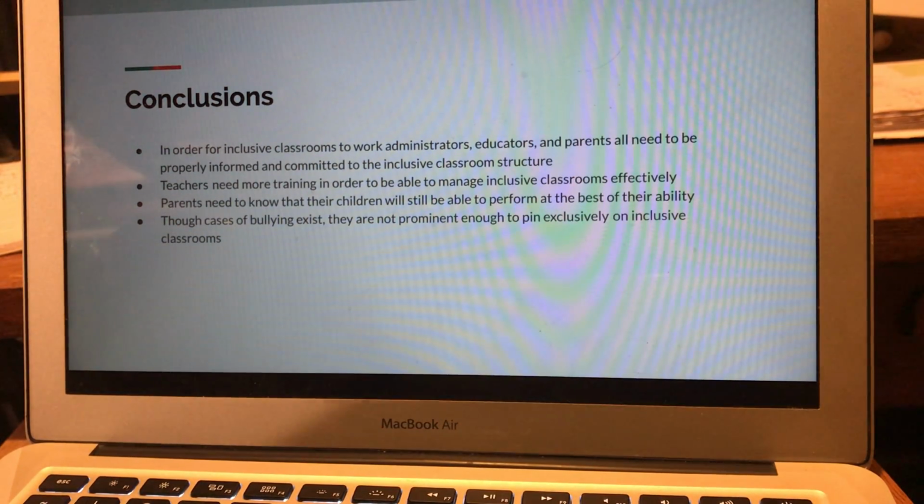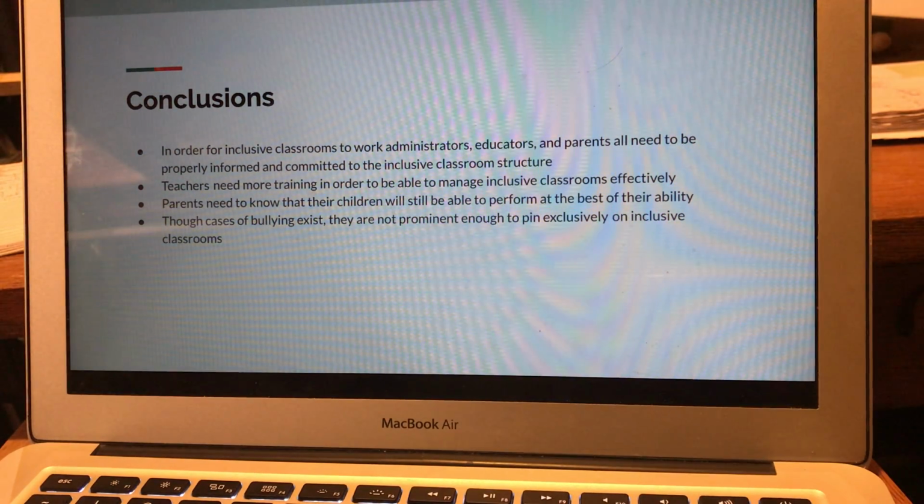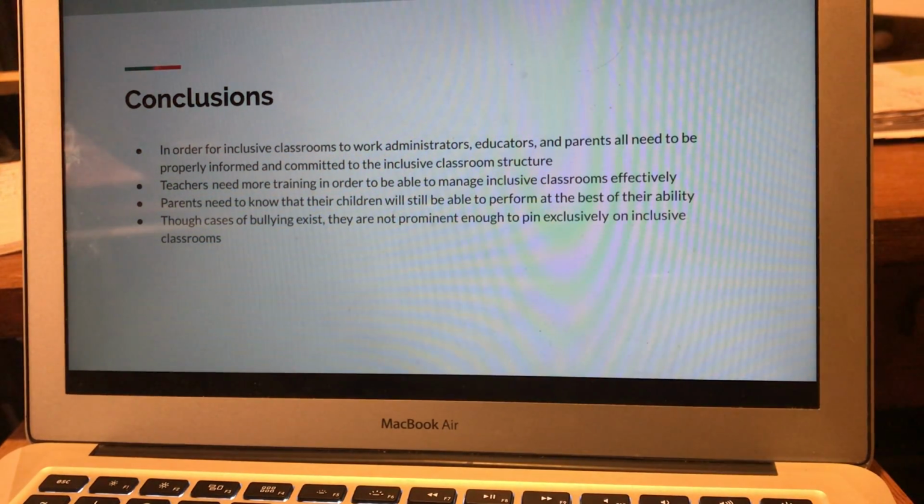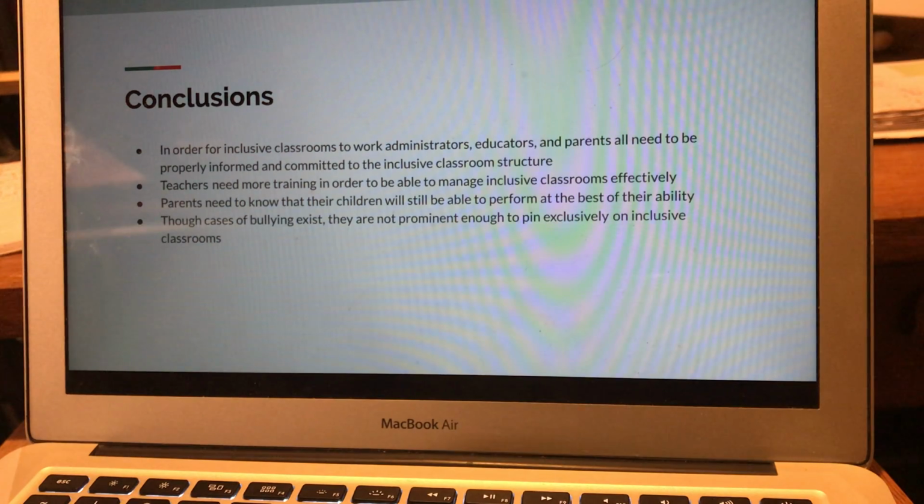So my conclusions. In order for inclusive classrooms to work, administrators, educators, and parents all need to be properly informed and committed to the inclusive classroom structure. This means everybody needs to be on the same page, and they all have to back the inclusive classroom. Teachers need more training to be able to manage inclusive classrooms effectively.